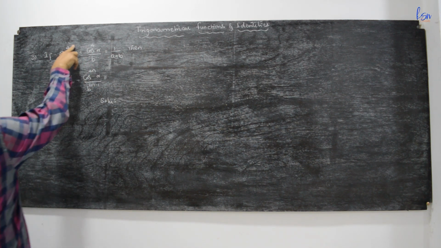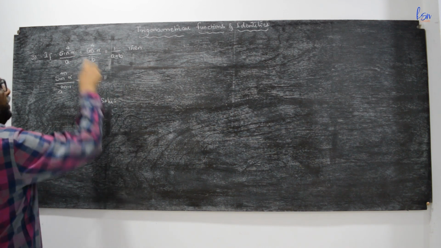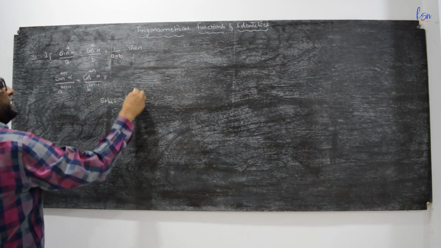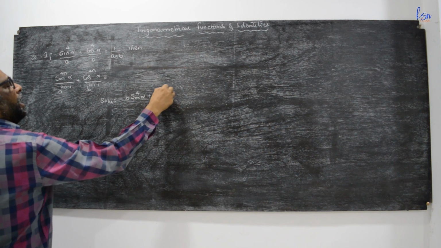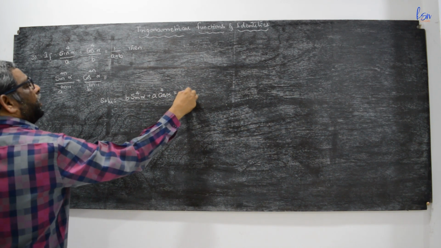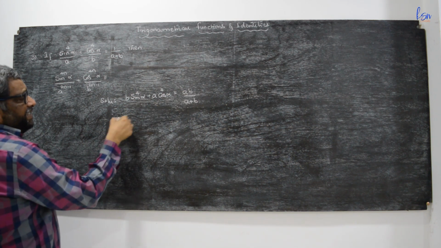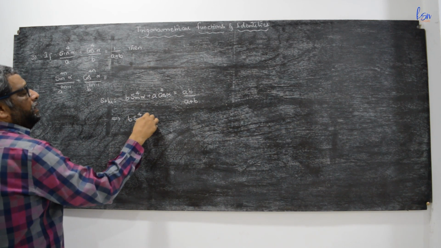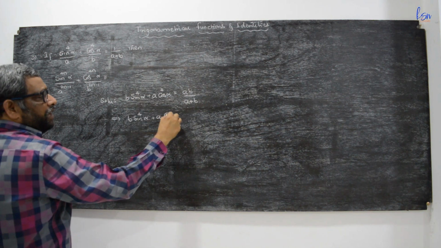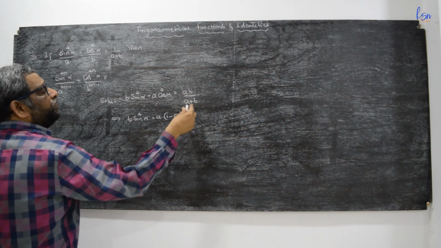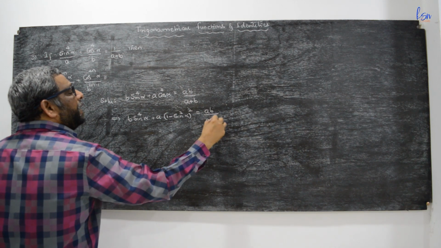From the given condition, sin to the power of 4 alpha by a plus cos to the power of 4 alpha by b equal to 1 by a plus b. We will consider this equation. Taking LCM, b sin to the power of 4 alpha plus a cos to the power of 4 alpha is equal to ab by a plus b. Let us convert this: cos to the power of 4 alpha can be written as cos square alpha whole square, and cos square alpha means 1 minus sin square alpha.